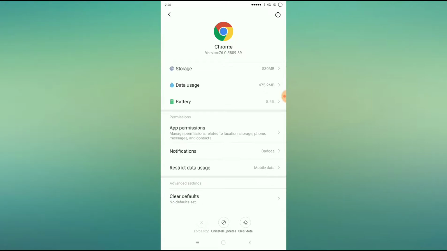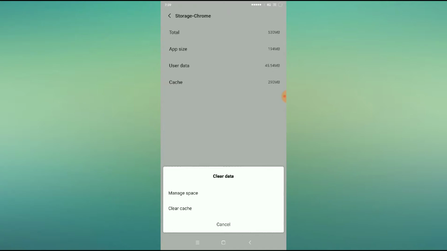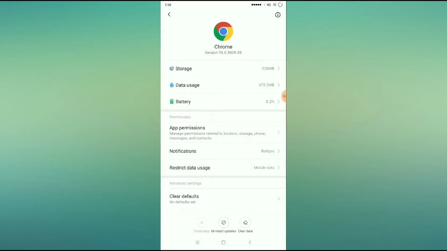And now you have to click on storage. Click on storage and you can see here clear data on the below of your screen. Click there and you have to clear all the cache here. You have to click on clear cache, and then go back and you can see